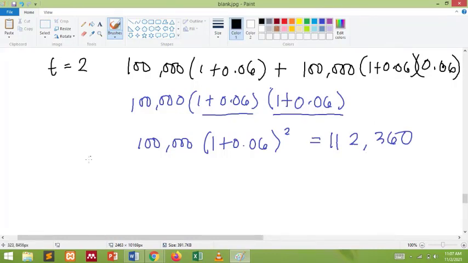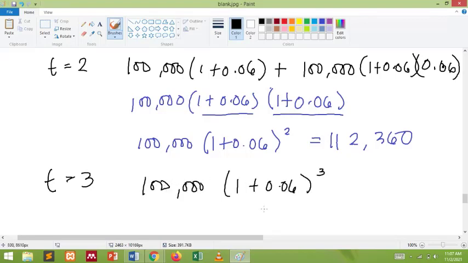Now, on the third year, ito na naman siya ang ating magiging principal amount. But hindi na natin pahirapan ang sarili natin because we know that it will just add 1 plus 0.06 there in the mathematical model. So, idiretso na natin siya na gawing exponential function. So, to the power of 3 na siya. On the third year, it will be 1.06 to the power of 3 times 100,000. Ayun, nagtaas na naman ulit ang value ng kanyang pera at